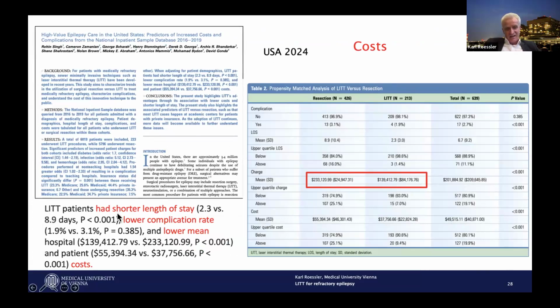LITT patients, obviously, have shorter lengths of stay. This saves a lot of costs. The complication rate is reported lower in this US database of about 6,000 patients. There is not that much difference in complications, 2% versus 3%, open versus LITT surgery. And you have lower mean costs per procedure, which means for the LITT procedure, you have about